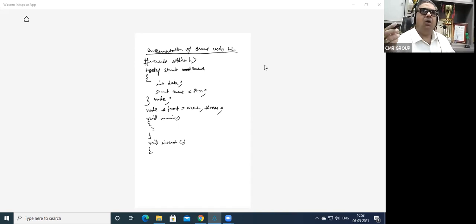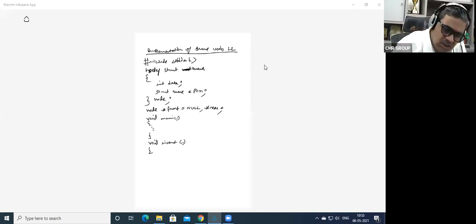Now, how do you know that the new node which has come is actually the first node? Let us take front, and there is a rear also that is defined, but rear has a garbage address, while front has null.